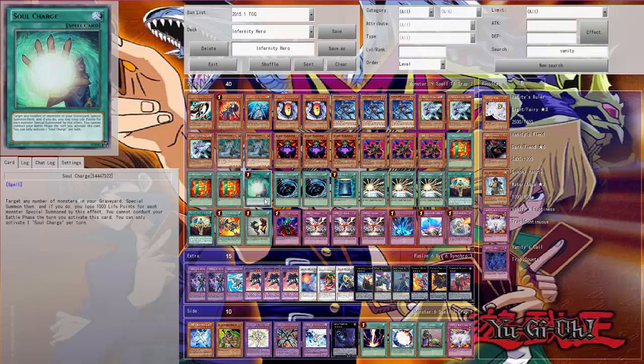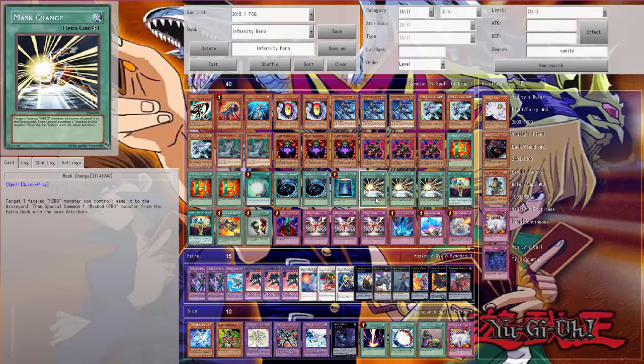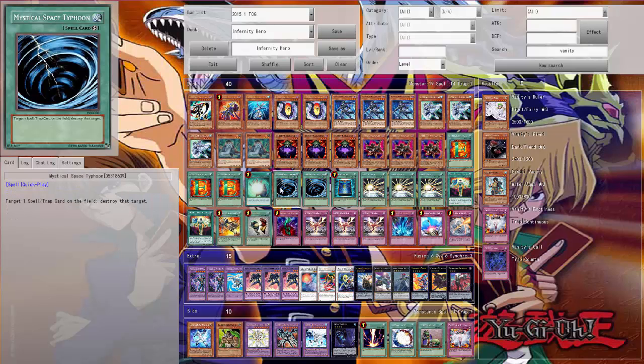also use it to get the effect of Shadow Mist going, to add a change card to our hand, to either Mass Change or Mass Change Second. And yeah, it's just nice to use it as a comeback mechanic. That's usually what Soul Charge is used for. Then we play 2 copies of MST because back row hate is back row hate. We didn't have room for 3, but